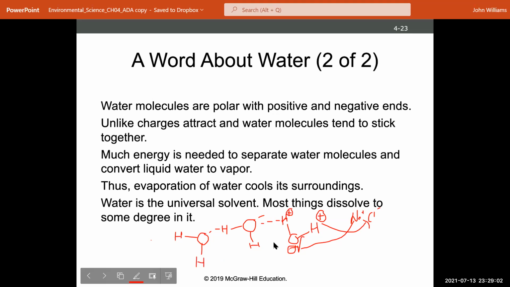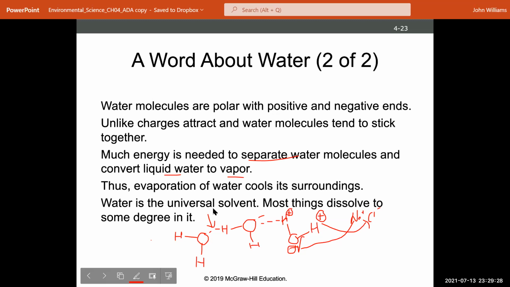Right? And so you can get this network of water molecules. So this is why water is liquid at room temperature, because of the way these water molecules interact. And you need energy to break these hydrogen bonds. And once those hydrogen bonds break, the water molecules will separate, right, and go from liquid water to a